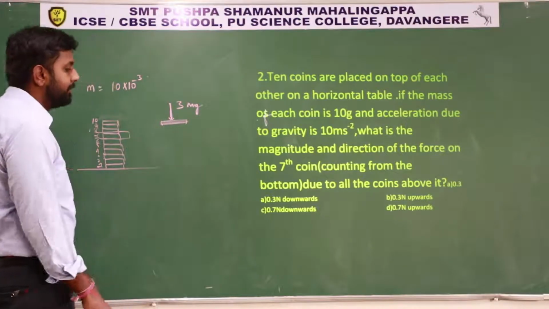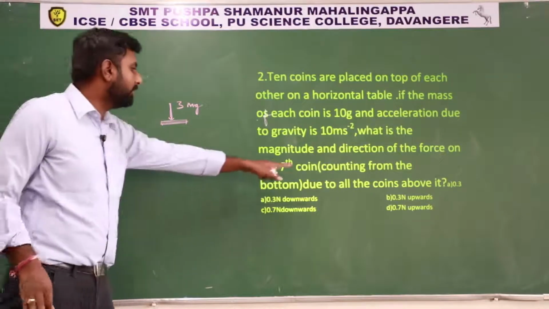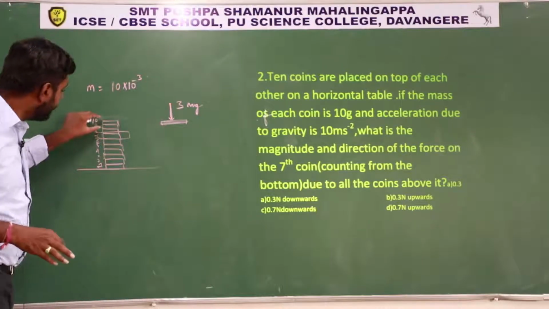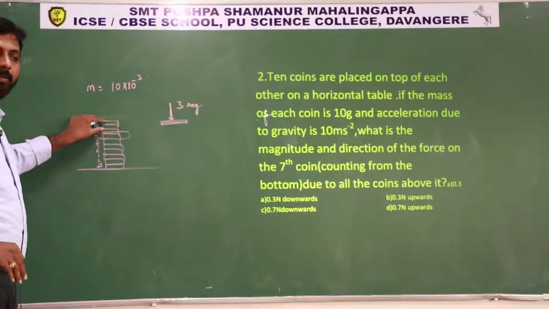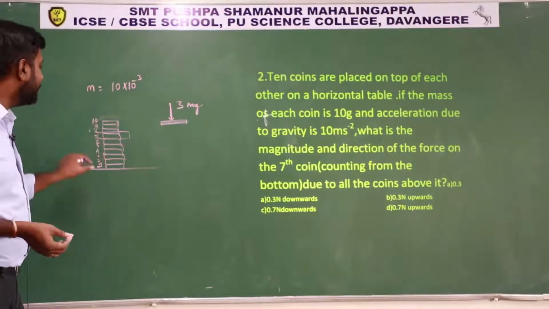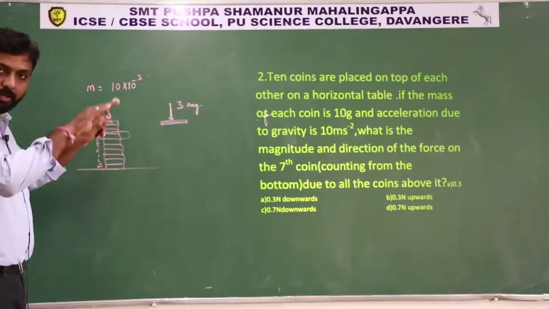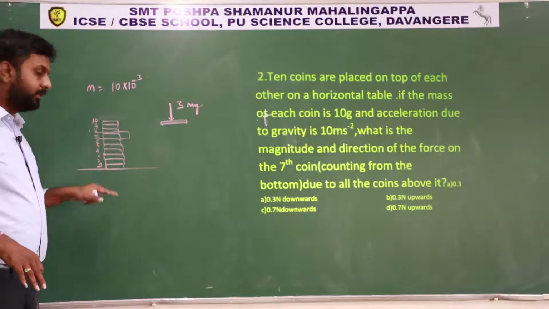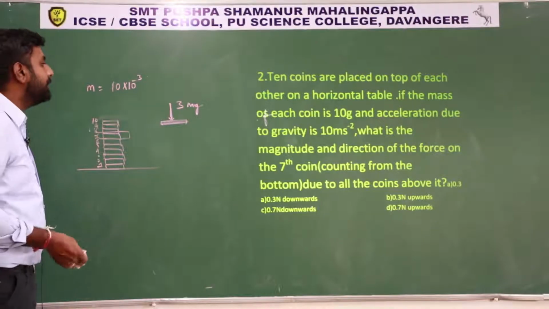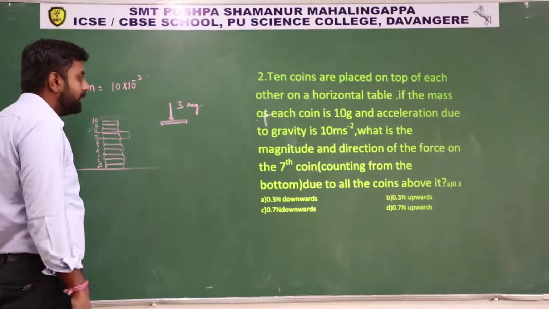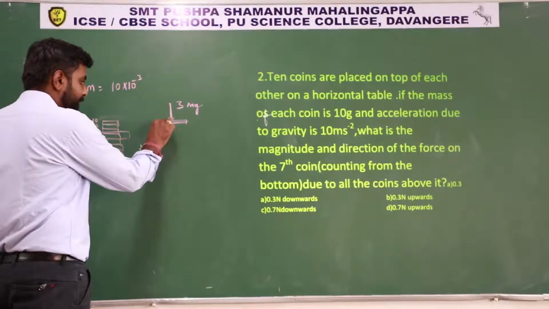So 3 mg. Just what is the question? Due to all the coins above it, we have to consider only the coins above it. If we consider all the coins, the answer will be different according to the question. So these 3 coins apply their weight on this coin, the 7th coin from the ground. That means 3 mg is the action, and the direction is downwards. The answer you will get...